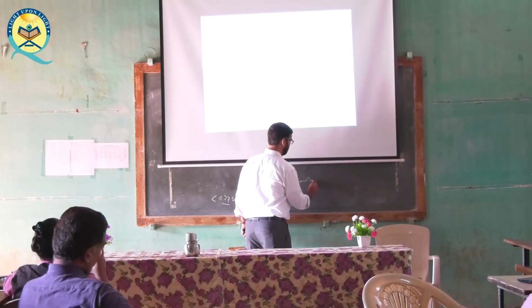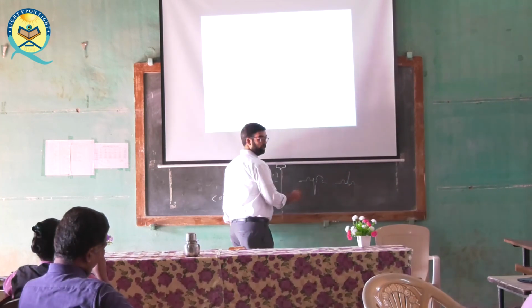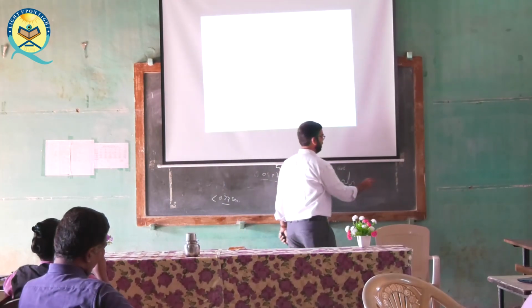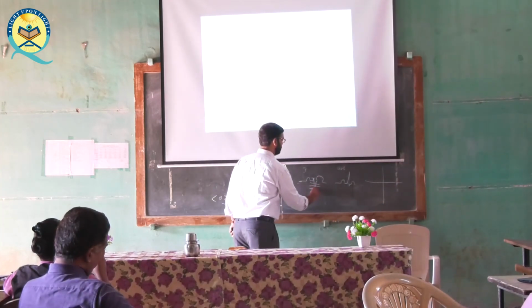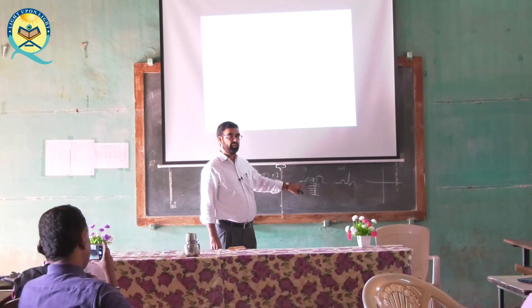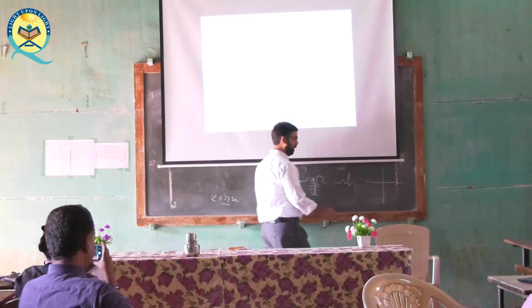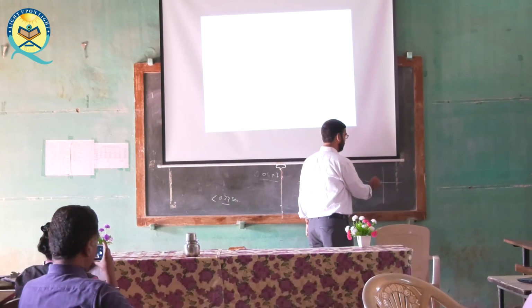See, this is lead 1. This is lead 2. Lead AVF. This is lead 1 and this is lead AVF. Now you plot here. This is 1. This is 1, 2, 3, 4, 5, 6. Tell me. +1 minus 6 is equal to -5. Where to plot? Negative side here. 1, 2, 3, 4, 5.